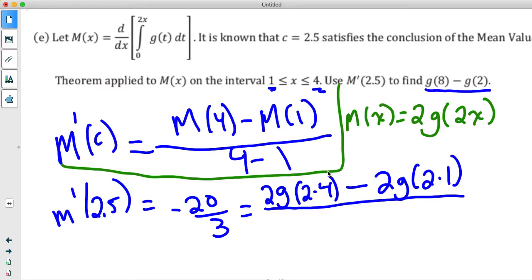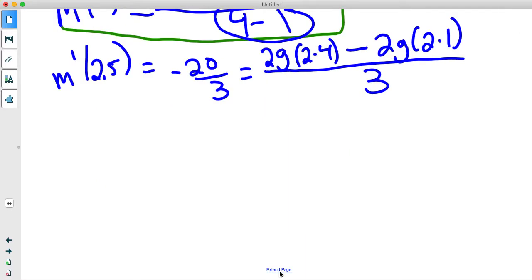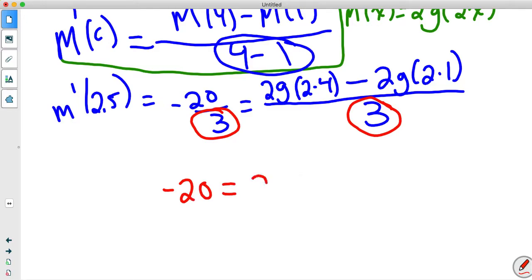And this is over 4 minus 1 that we have right here. This 4 minus 1 is 3. Okay, now when we finish this problem out, if we have a fraction here, first of all, the denominators are both 3, so if the denominators are equal, then that means the numerators have to be equal. So negative 20, I'm going to clean up the numerator here now, so 2g of 8 minus 2,